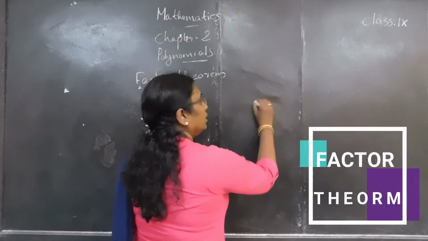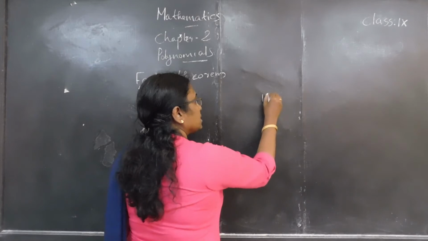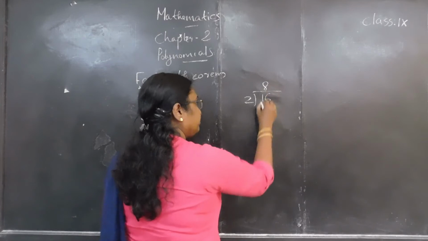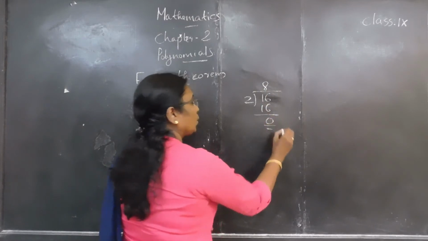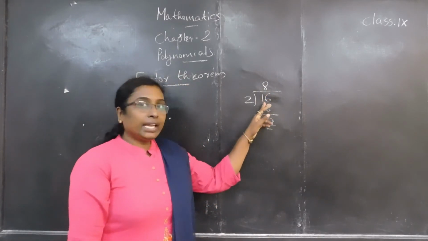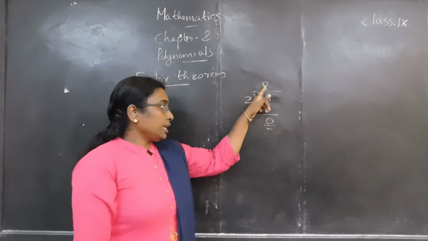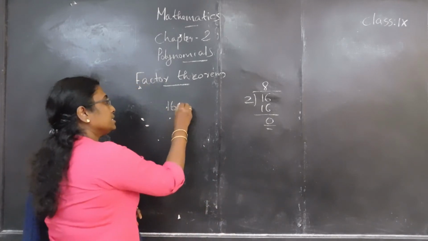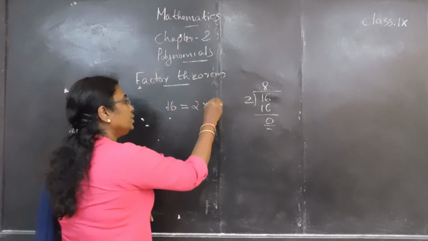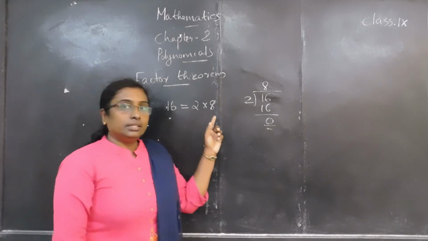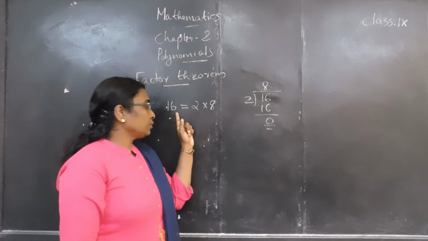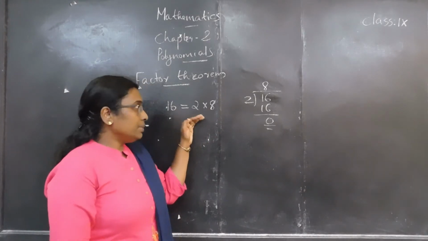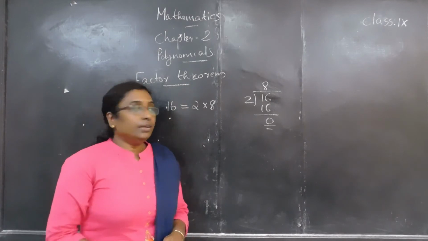Look here. If 16 is divided by 2, the quotient is 8 and the remainder is 0. Here we can say that 8 is a factor of 16. We can write 16 as 16 equal to 2 into 8. Then we can say that 2 is a factor of 16 or 8 is a factor of 16. Similarly, in the factor theorem, we can say that